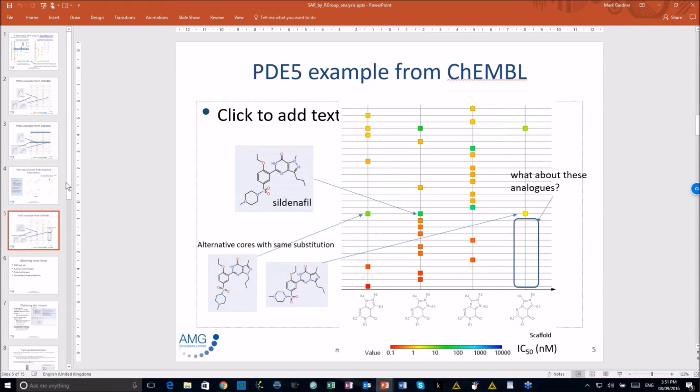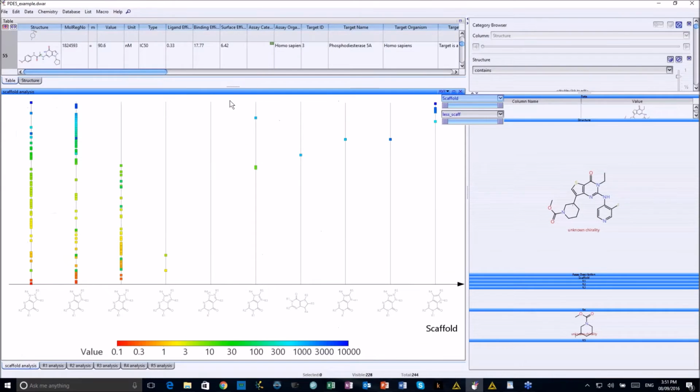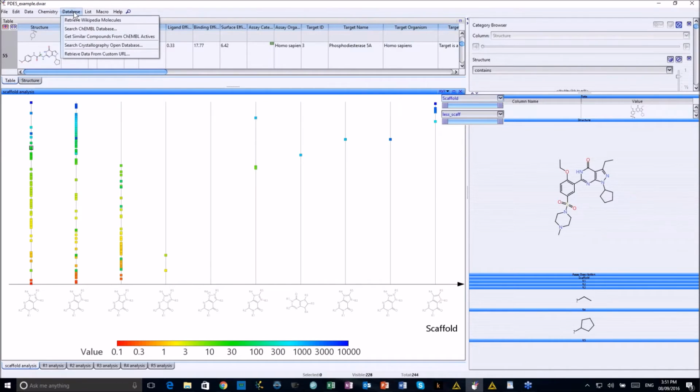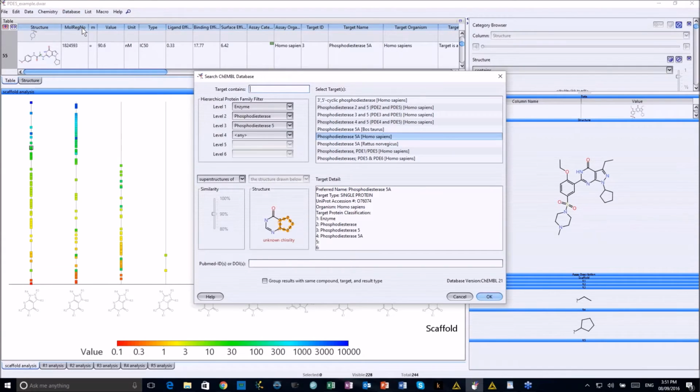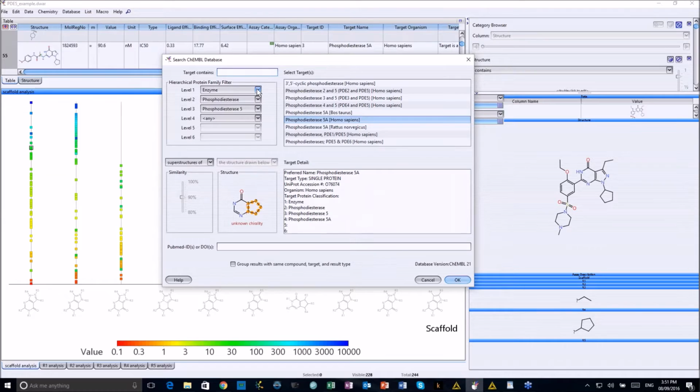So there are more slides here about how to do some of these steps, but what I'm going to try and do now in the 10 minutes remaining is actually demonstrate it, which is always a dangerous thing to do. This is one I've sort of prepared earlier just in case. So first of all, we're going to start by searching the ChEMBL database from DataWarrior, which is a really nice feature. You can start to navigate down the protein family tree by selecting from this hierarchy, and I'm going to focus on PDE5,